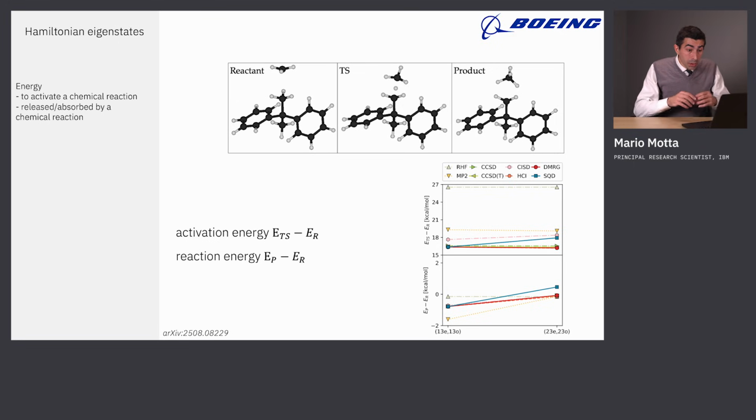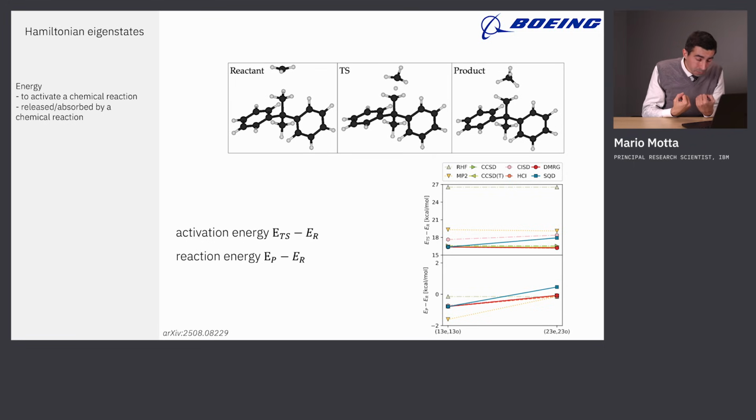Another partner, Boeing, has been looking at how chemical reactions unfold. Information about reaction dynamics comes from reaction energetics, and in particular what they have been doing is computing the ground state energy as a function of nuclear coordinates as the reaction unfolds. Here you see a nitrogen abstraction by a CH3 radical. The radical lands over a larger organic molecule, steals a nitrogen atom, and then flies away as a CH4, leaving